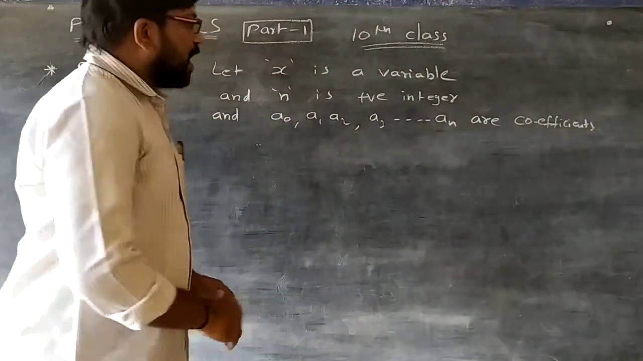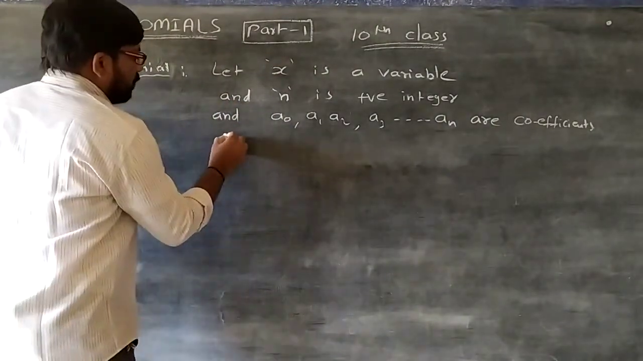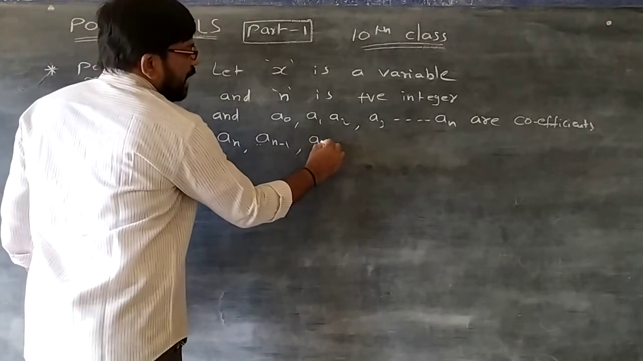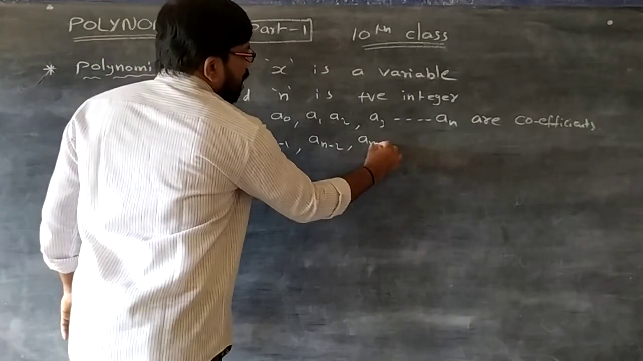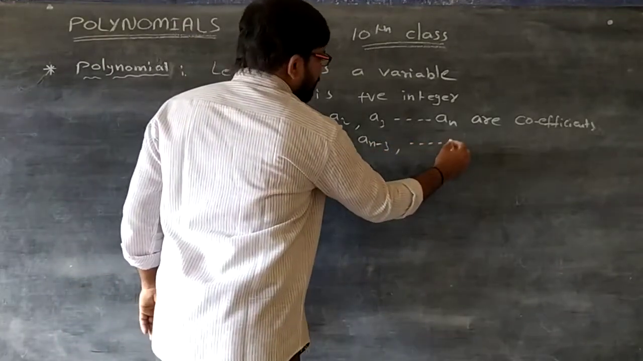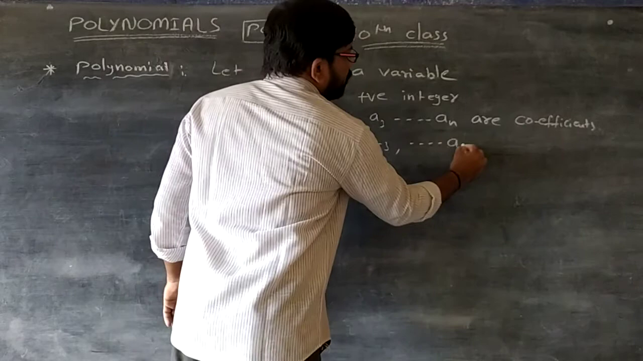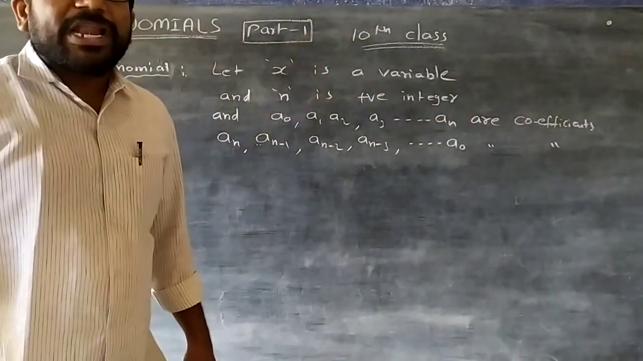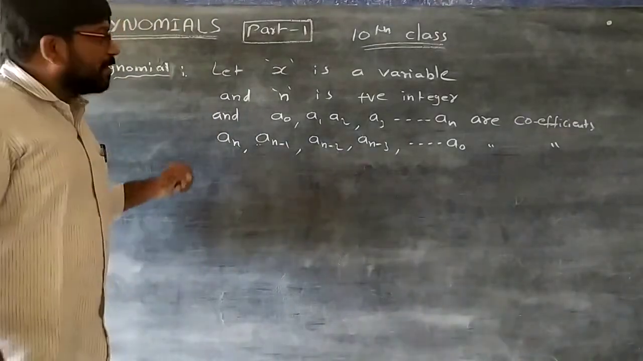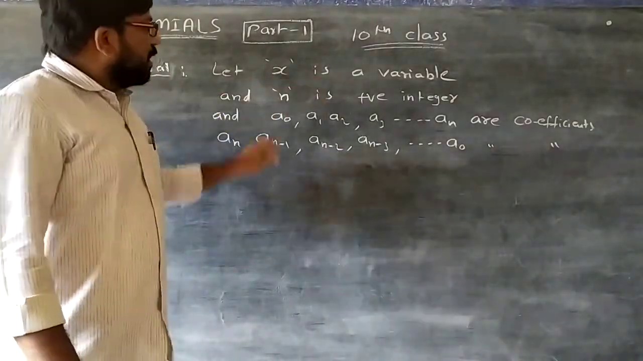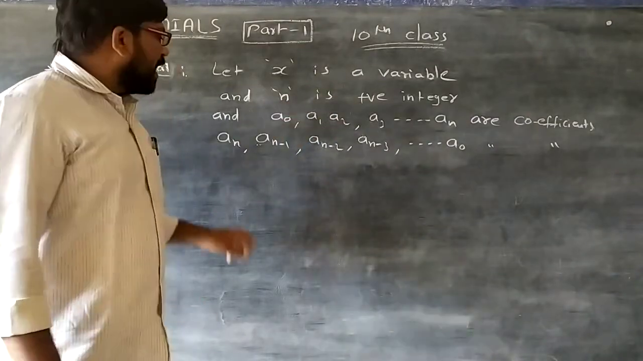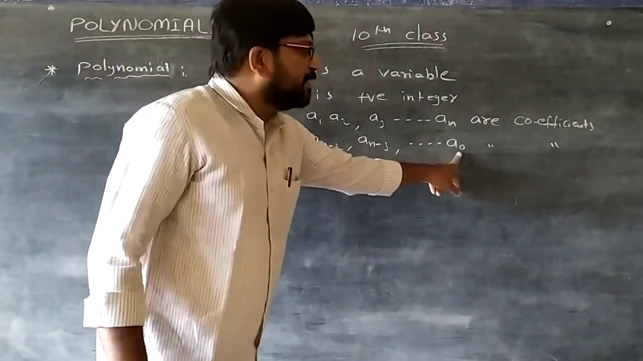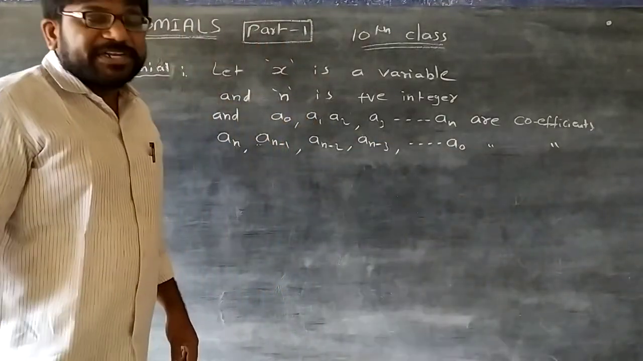Or we can take it like this also: an, an minus 1, an minus 2, an minus 3, down to a0 are numerical coefficients which are real numbers. Observe carefully once again. x is a variable, n is a positive integer, and an, an minus 1, an minus 2, an minus 3 and so on up to a0 are numerical coefficients. Then